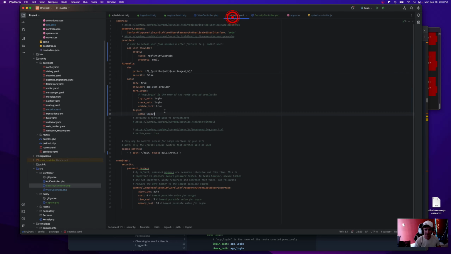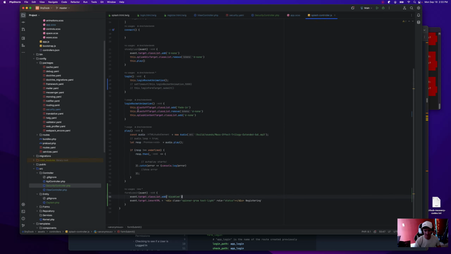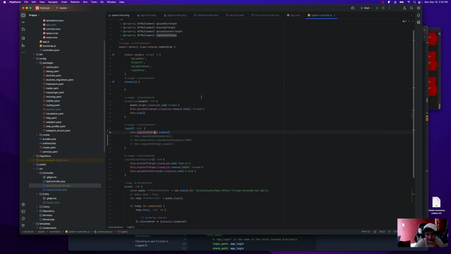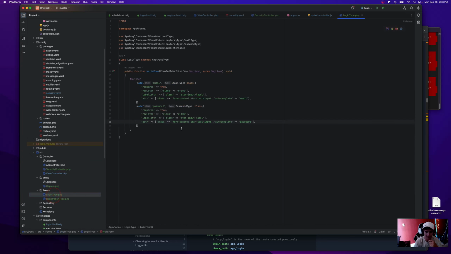You see we defined it in security, login and log out. That when you do login, when you do that form submit, which again we're doing that programmatically, we'll worry about the animation later. Login form target. Okay, we need to declare our login form. So how do we do that? Well, with Symfony Forms, you can basically just go and add a form attribute.